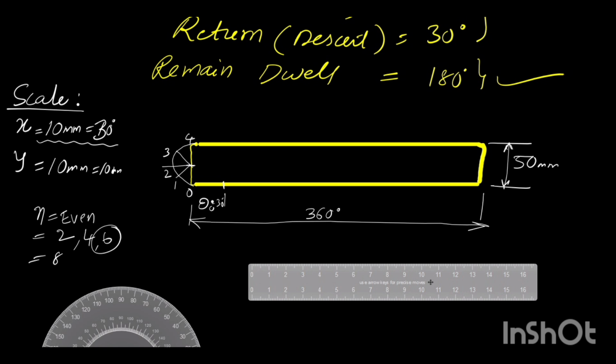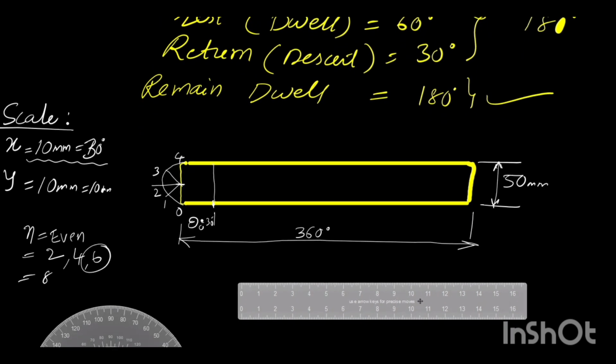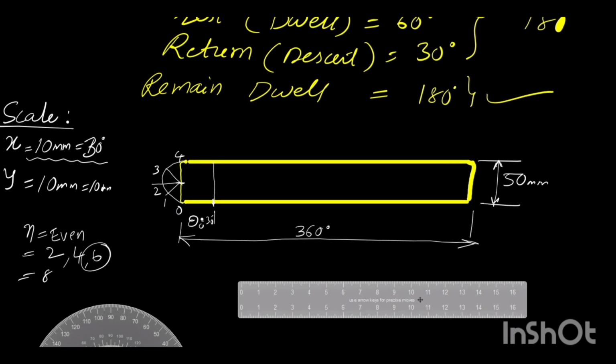So after getting this point, just draw a vertical line from that point. This space becomes the outstroke. After that, the next is dwell. How much the dwell is, is given in the question, that you have to check. Hope it is 60 degree. So from here to here, 60 means it should be 20 mm. Double: from here to here 10 mm, again 10, so 20. So let us assume here. So this is the dwell,